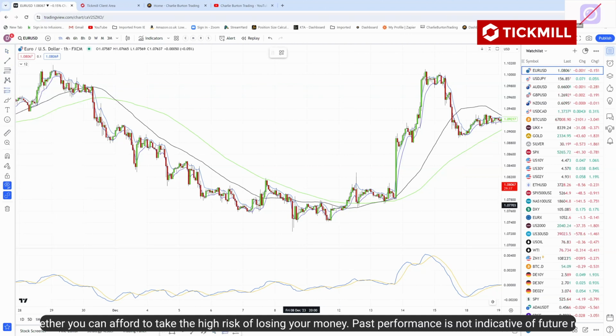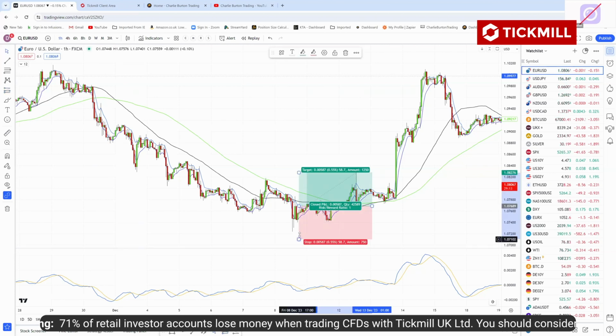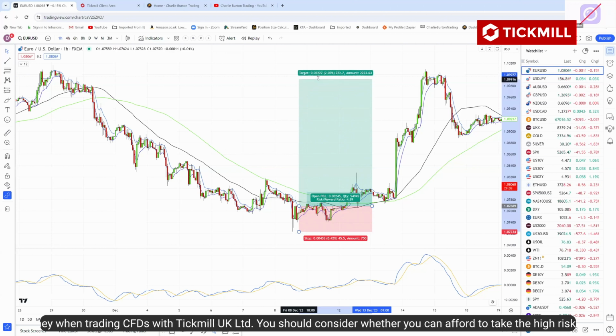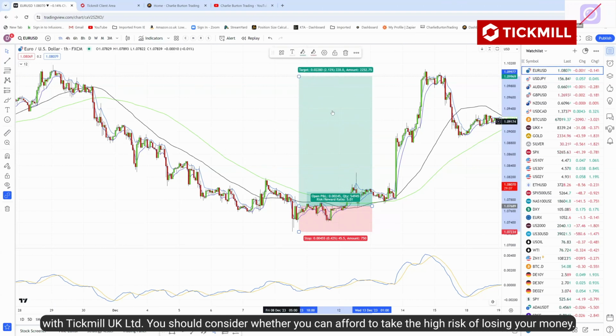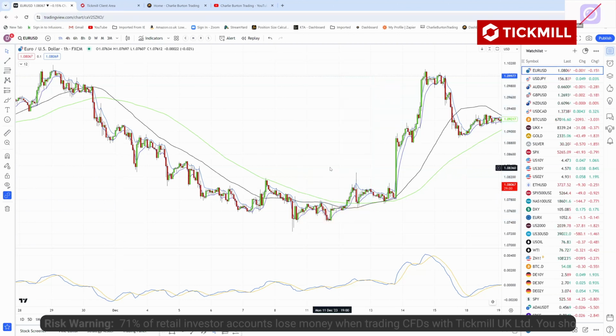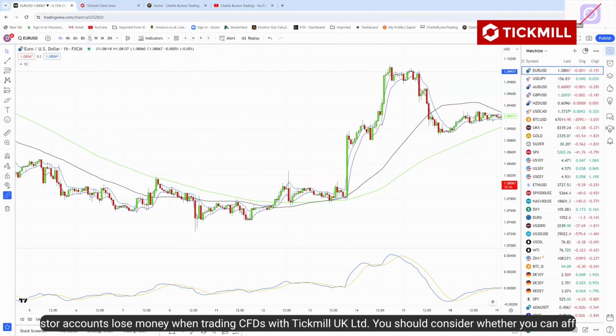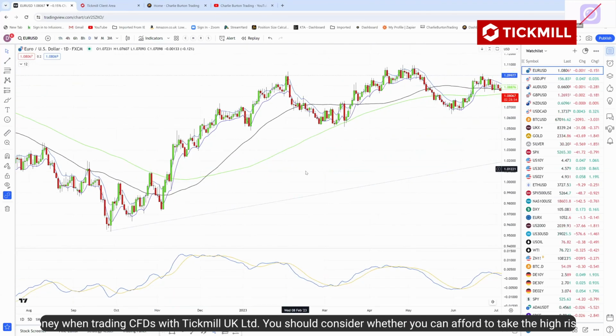Long position, so roughly would have been around about there. Stop loss at the low. If you were targeting it up into that price zone up there, it gives a comfortable 5R, or 1 to 5 risk to reward. And so time after time after time, you can couple up divergences with your analysis,